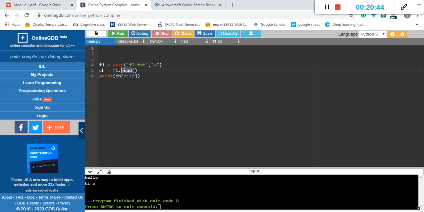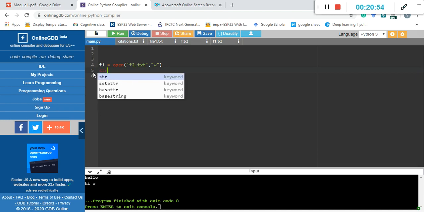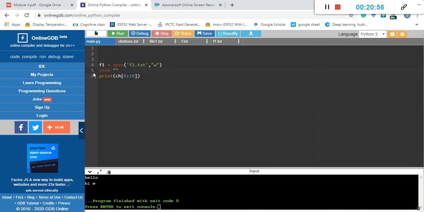So what happens when you try to open the file? Now I have opened the file in write mode, and what are you going to write? Say for example, I will take a string variable: str is equal to "hello, welcome to my Python class".